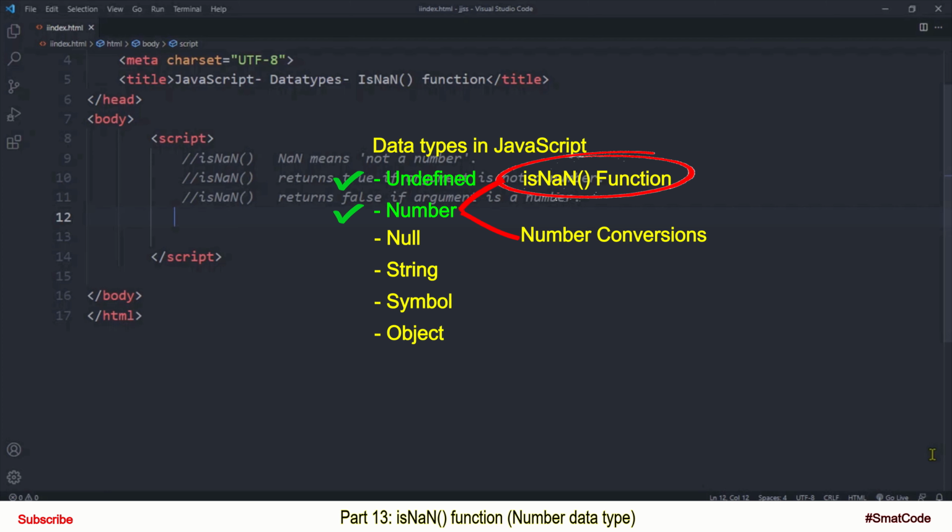This is our tutorial number 13 and we are learning data types in JavaScript. In the previous tutorial, you learned the number data type and this tutorial is a continuation of our last tutorial. We are actually trying to learn the number data type in every aspect. So what you're going to learn in this tutorial is a very useful function in JavaScript